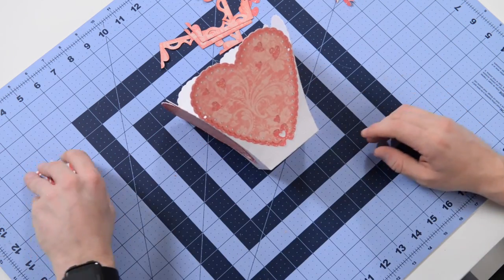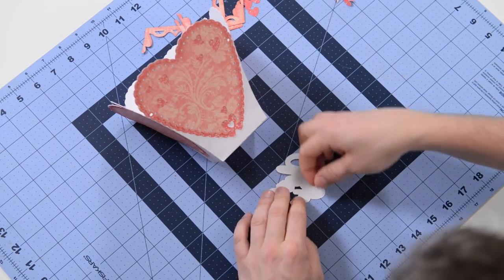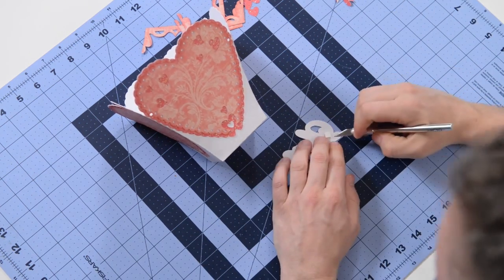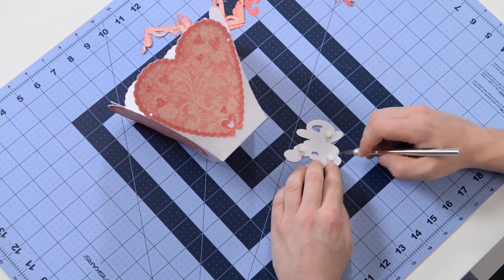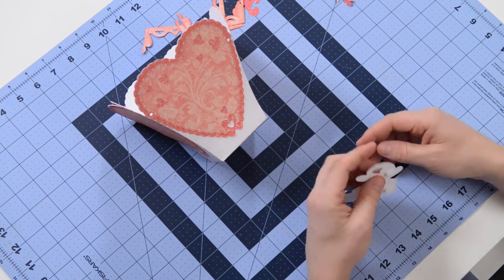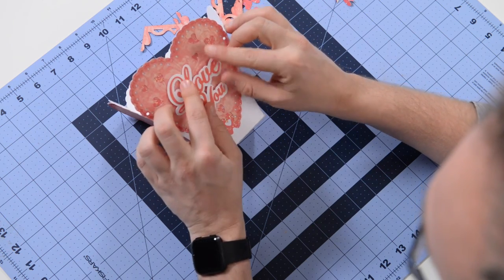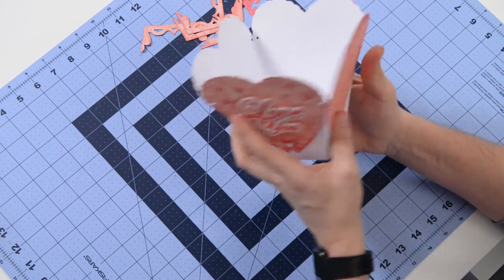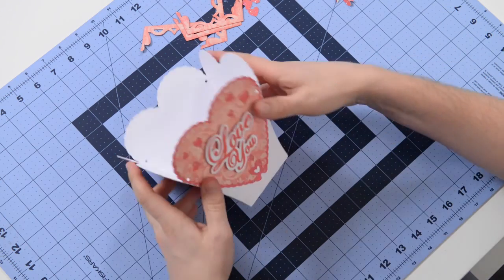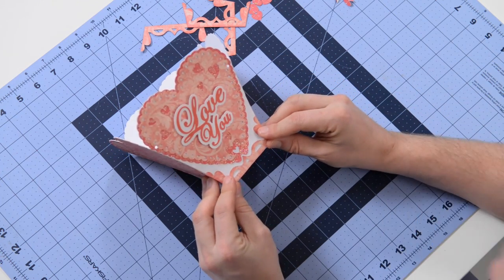Okay, so let's flip this over here, and I'm going to get my foam squares onto this piece. There we go. And let's pop off the little backings. There we go. Get that nice and centered. Beautiful. And I'm going to fill this up with some crinkle fill, and whoa, whole bunch of horses there, and it'll look nice. All right, so we can polish this off and pretty it up with these little liner pieces